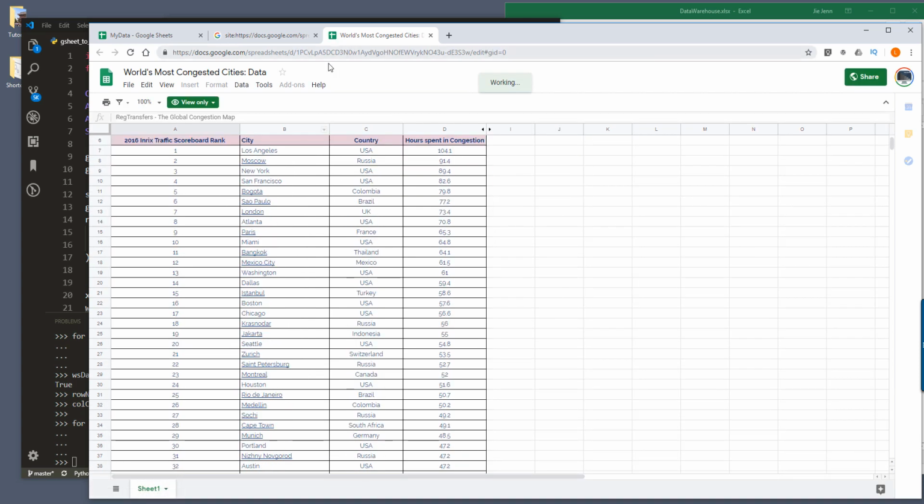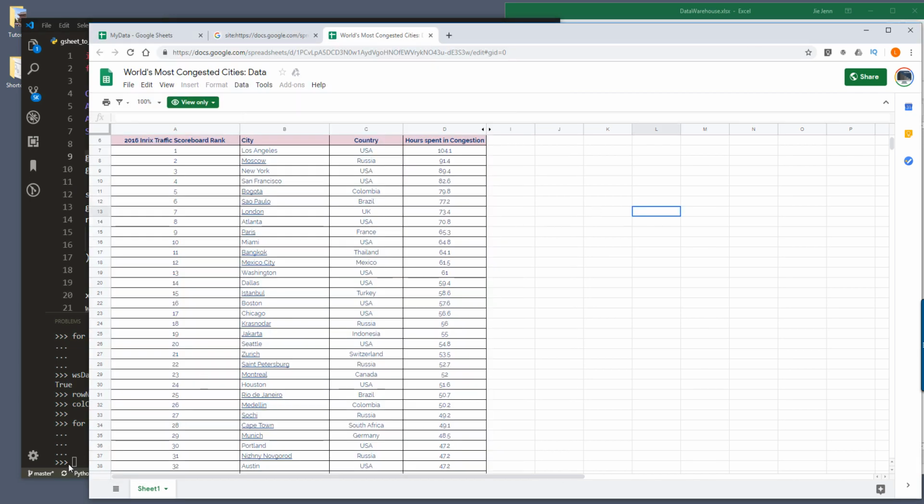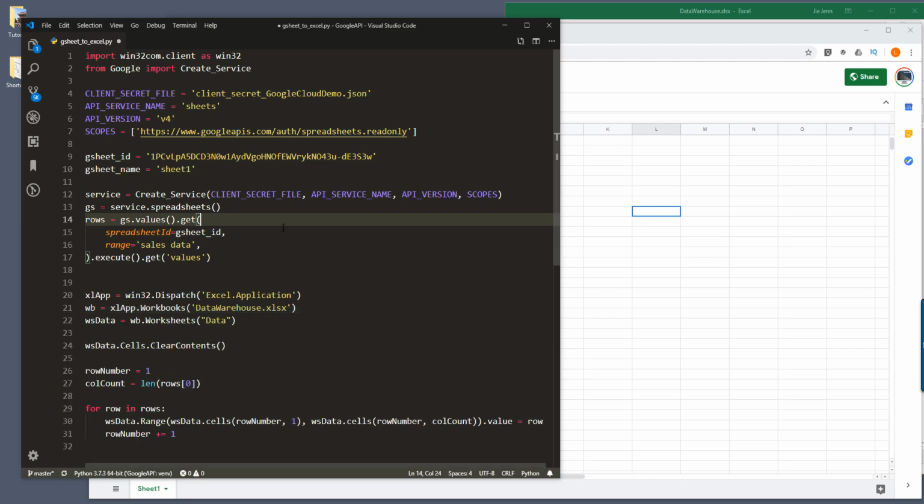So now if we grab this Google Sheet ID, and the worksheet name, so the worksheet name is called Sheet 1. And this time I'm going to run the Python by itself. I'm not going to merely run the Python script. Now if I just press F5,